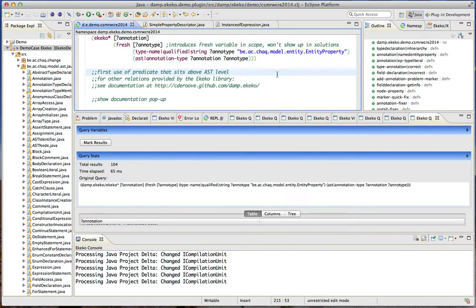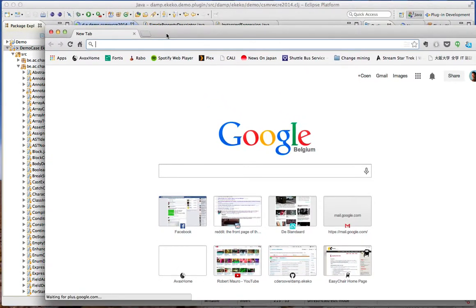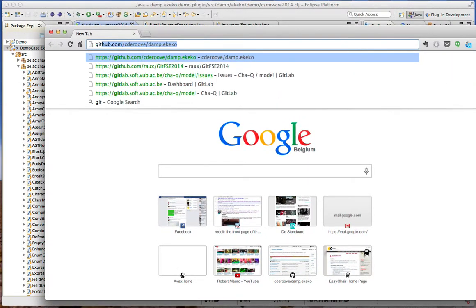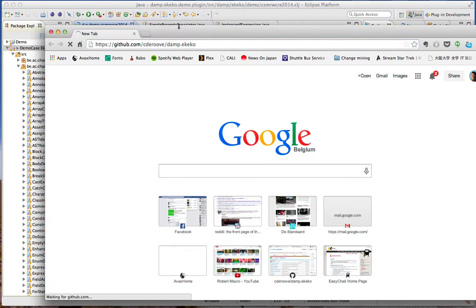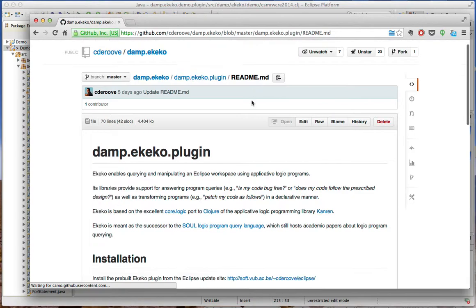Okay, so this was actually a demonstration of the first predicate that sits above the abstract syntax tree level. In this case, we're going to talk about types. We can talk about methods that invoke each other. We can talk about methods that override each other. And Ekeko provides a lot of those higher level predicates already for you. If you want to check them out, you can go to the website of Ekeko. In the README, we have